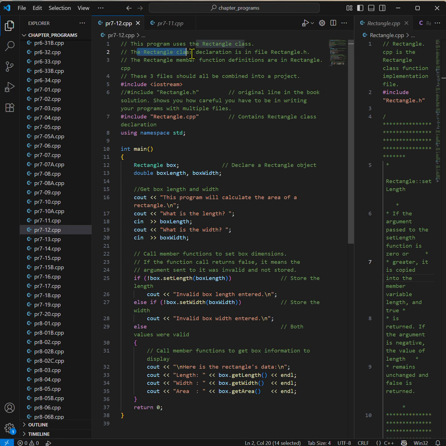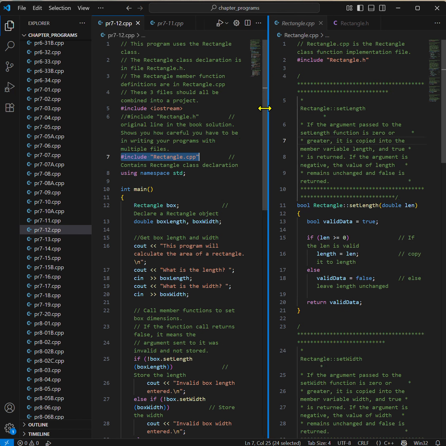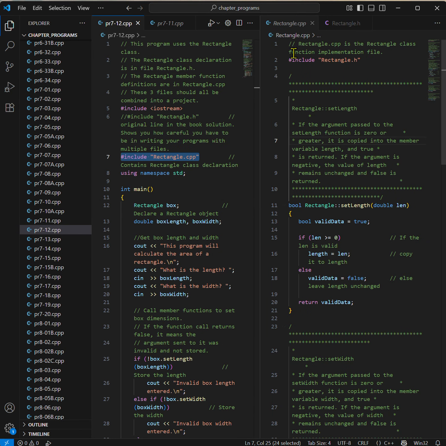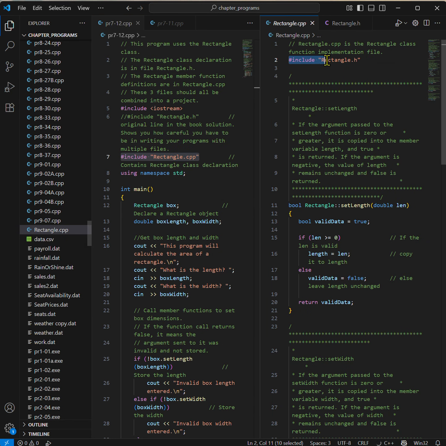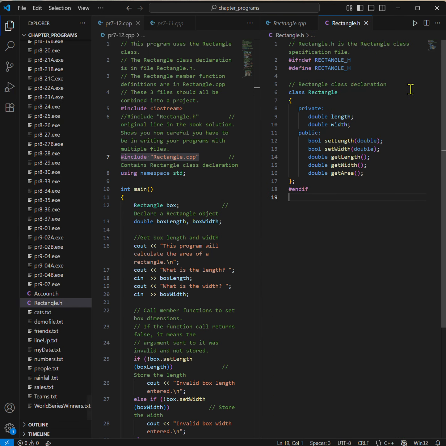So the rectangle class declaration is in the file rectangle.h, and you know that we have pound includes over here for the input-output stream library. Over here we're going to have to use a reference to rectangle.cpp. And that's this one, and that includes a reference to rectangle.h. If you look at rectangle.h,